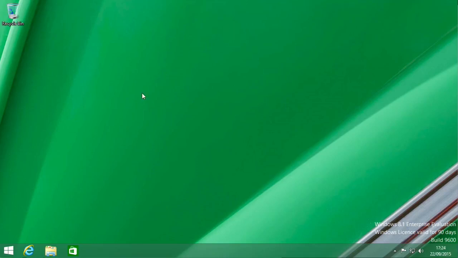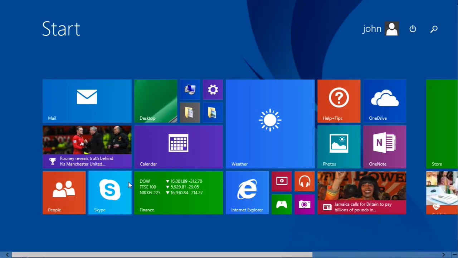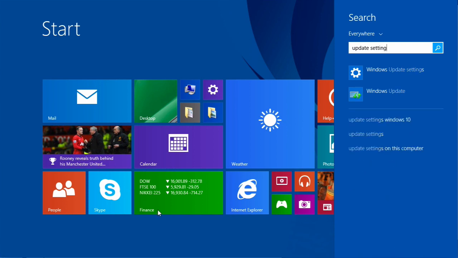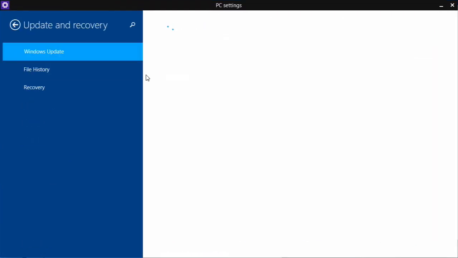I'm going to show you how to do updates in Windows 8 now. If you click on the Start menu or press the Windows key and type in Update Settings, and then if you go on Windows Update Settings